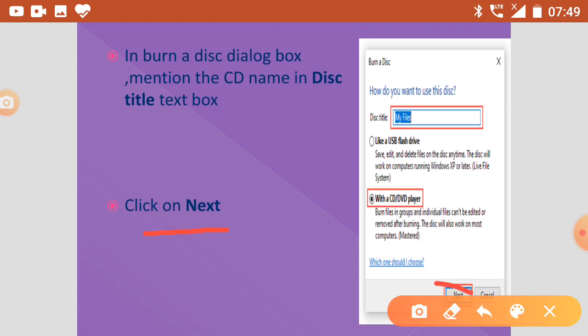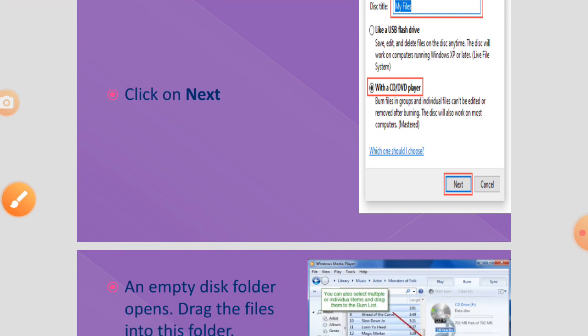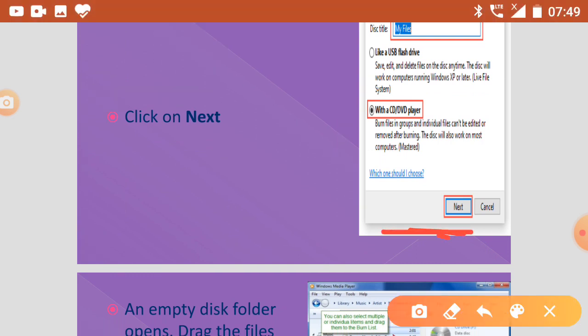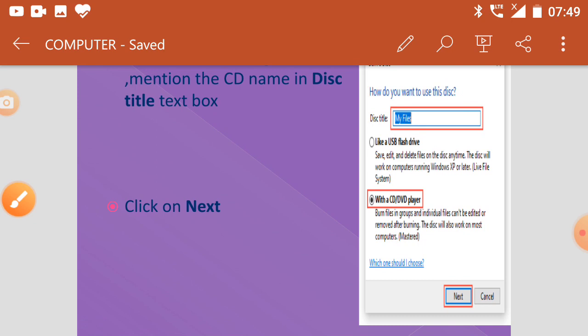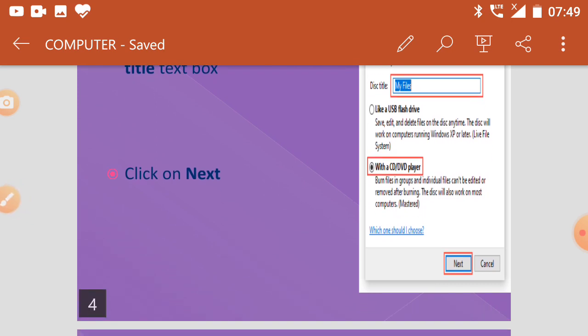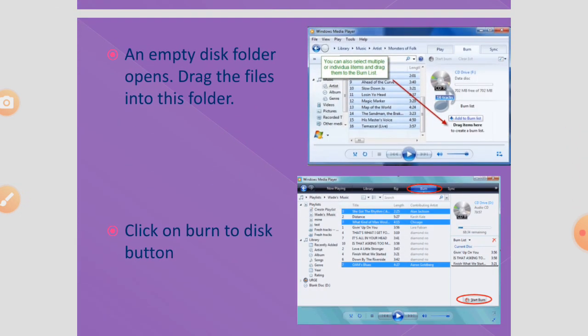Next option is here. You can click here. Understand? Firstly we will click on burn CD, and in this dialog box we will fill the title name and then click on the next option. Then we made our title name, and again a dialog box will open.